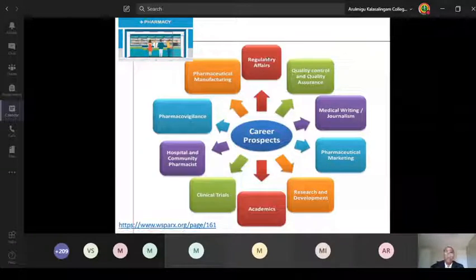Likewise, in the typical industry, you can see quality control and quality assurance. All these are one department. Quality control is where you see the testing of raw materials and testing of drug products meant for the commercial market. Quality assurance is also a very critical department currently. FDA is particularly strict, and a lot of observations are coming on the industry. So quality assurance is also a very significant department in the industry.